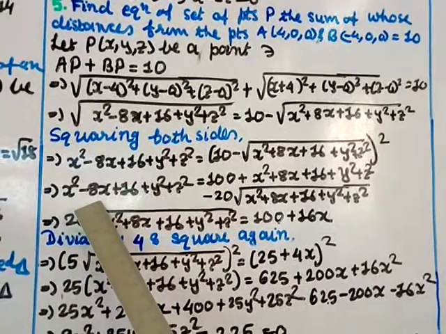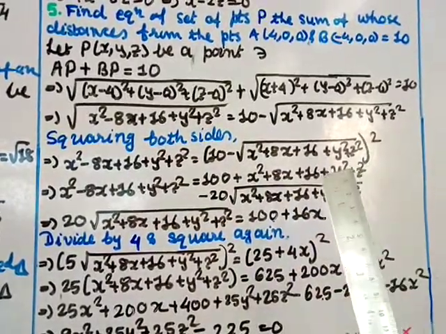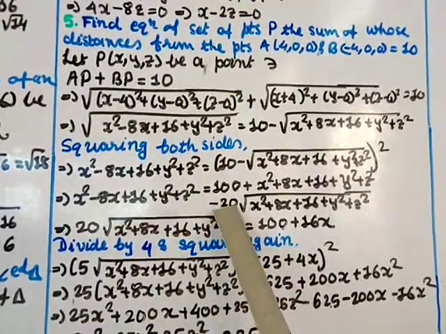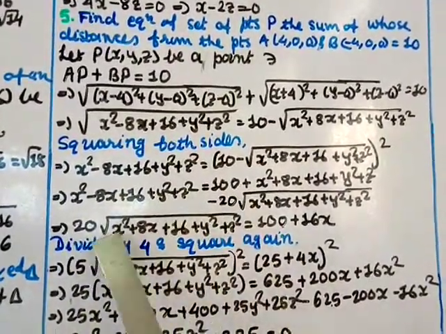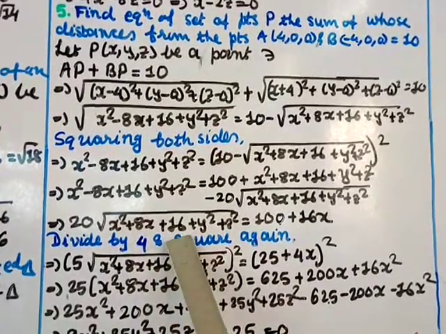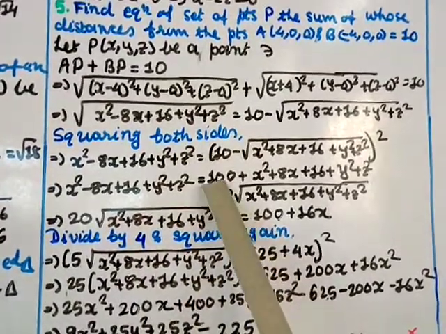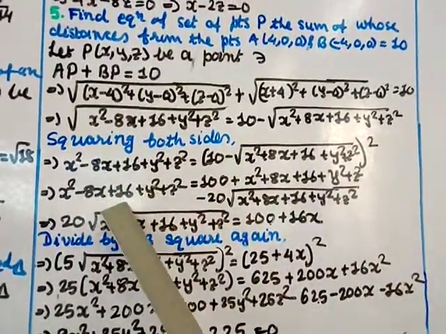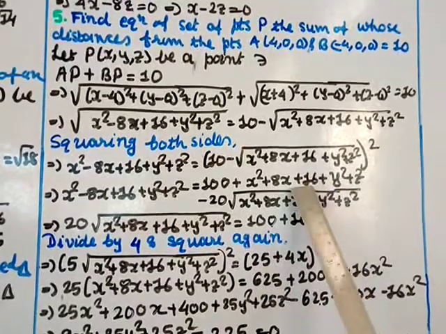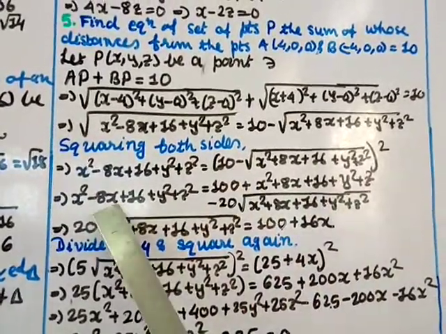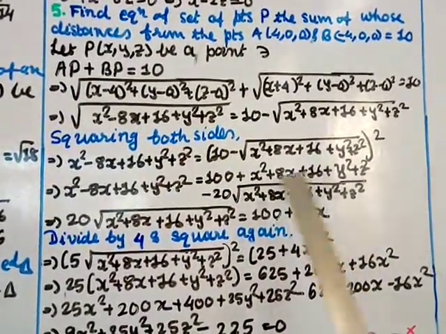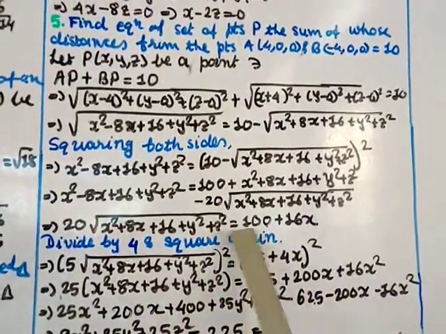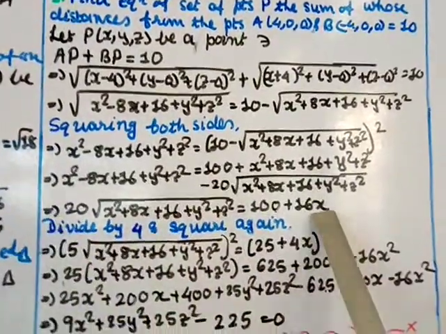Minus 8x you transfer over here, it becomes plus, and this value which is negative you transfer over here, it becomes positive. So you can write this side 20 under the square root of x square plus 8x plus 16 plus y square plus z square equal to this 100 is here, this x square, y square, z square is cut. 16 also will be cut because this plus 16 and this minus 16, if you transfer over here, it will cut. Minus 8x you are transferring, which becomes plus, and it will add up with this, so it gives 8 plus 8 is 16x. Now here each term can be divided by 4.